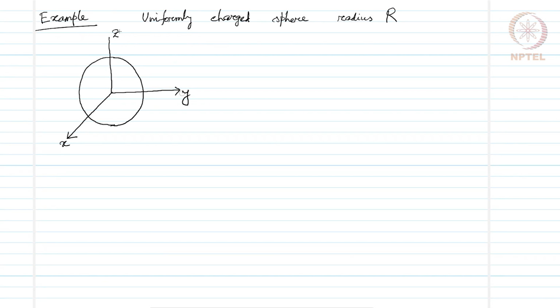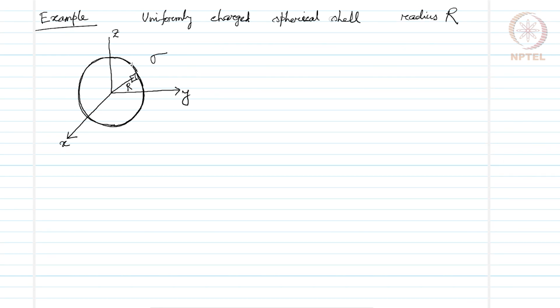If we consider only a spherical shell here with surface charge distribution, and the surface charge density is given by sigma, that is uniform, then we can consider a surface element here like this, that is at a distance r from the origin,